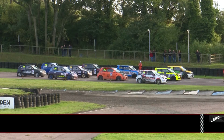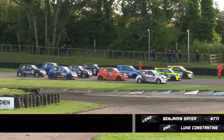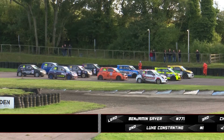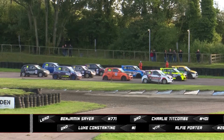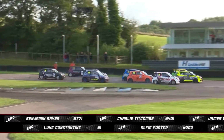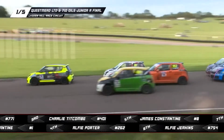We begin our action with the A final for the Questmead Limited and 710 Oils Junior Rallycross category. Overall championship leader Luke Constantine won 2 of the heats, but an electrical problem stopped him in the other. Ben Sayer was the winner on that occasion. He's qualified on pole, but it is Luke Constantine who makes the best start in this A final, leads them